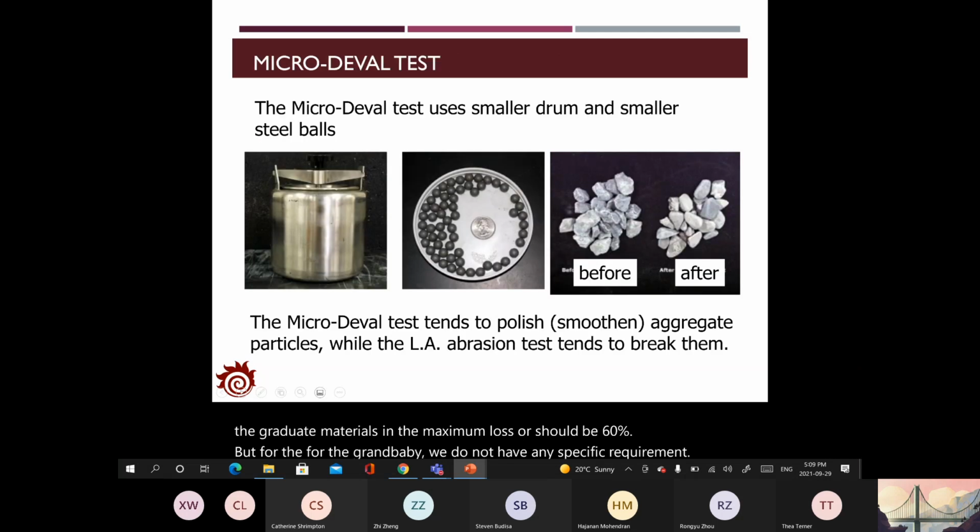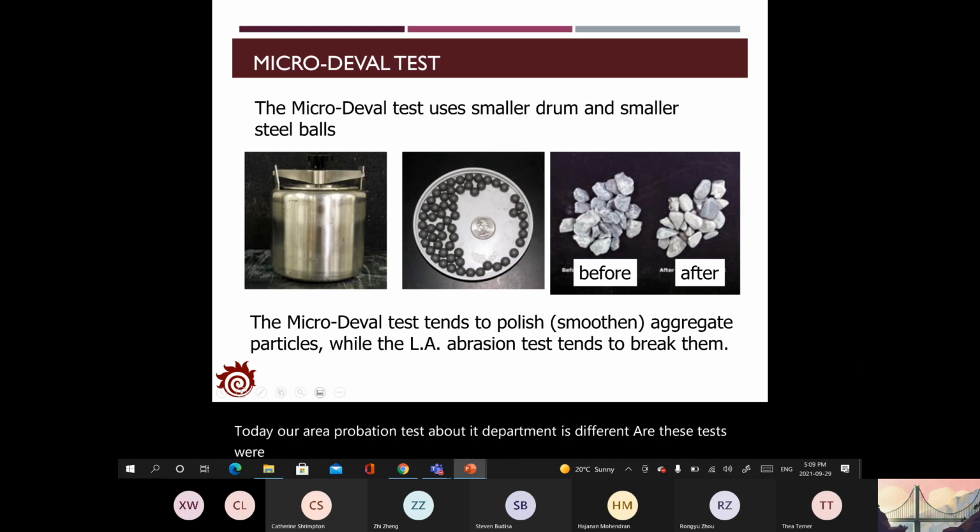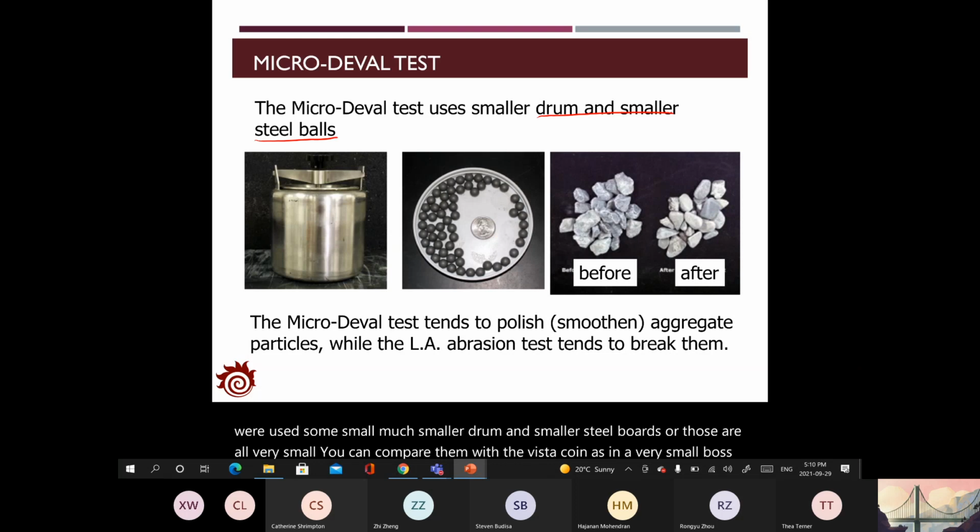The second one is called the micro-Deval test. This one is different. It's quite similar to the LA abrasion test, but the purpose is different. This test will use a much smaller drum and smaller steel balls. Those are all very small. You can compare them with a coin, very small balls, and you will also put the aggregates in